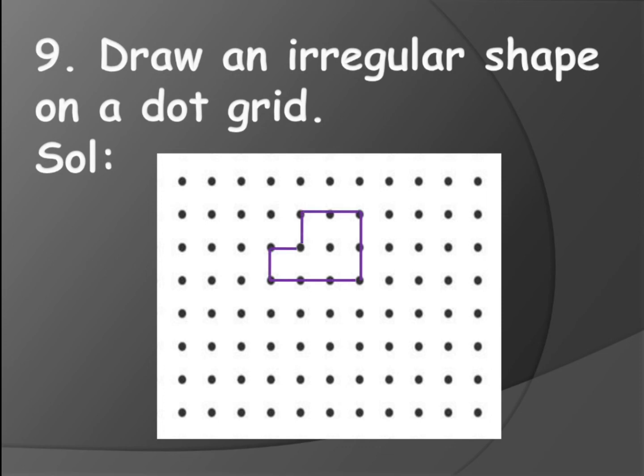See here, do we have any shape here? Is it forming any regular shape which we have learned? No, right? It is an irregular shape. You can draw any irregular shape which you want. It should not be any of these: quadrilateral, pentagon, hexagon, heptagon, octagon, nonagon, decagon, circle. This should not be there. But other than that, any irregular shape you can draw.